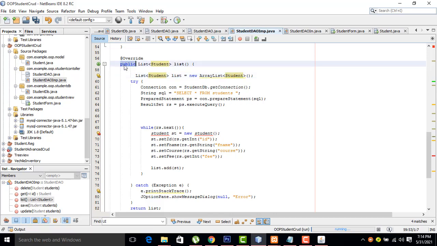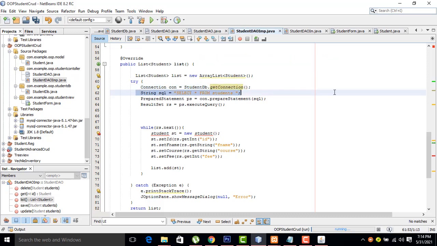First, you have to create the simple list, public list. If you are calling the list here, all these student classes will be listed. You have to write listed. We have to list all the things. We have to put it in the variable list. So try to connect with the database. I already taught how to connect with the database. This is your database DB, the student DB. Get connection is the method inside your student DB class, right? It will manage all your database connections.